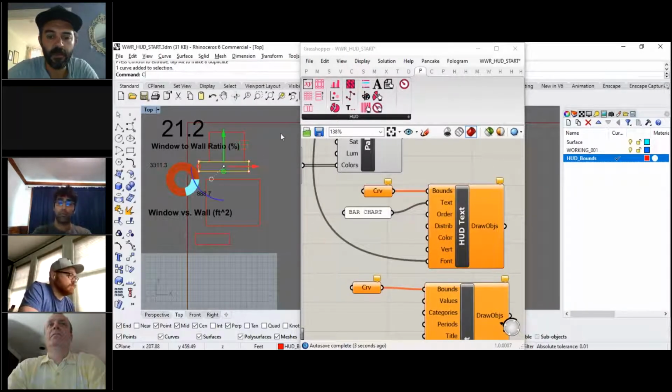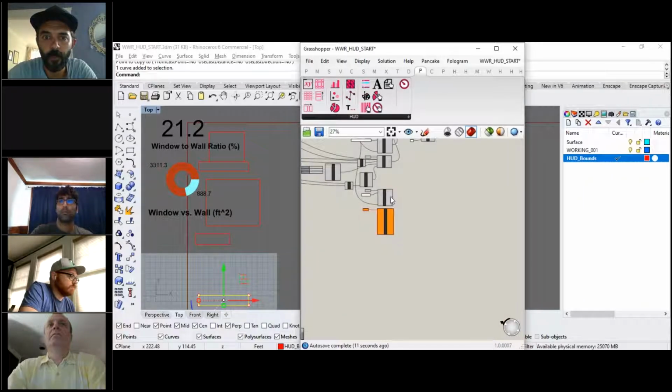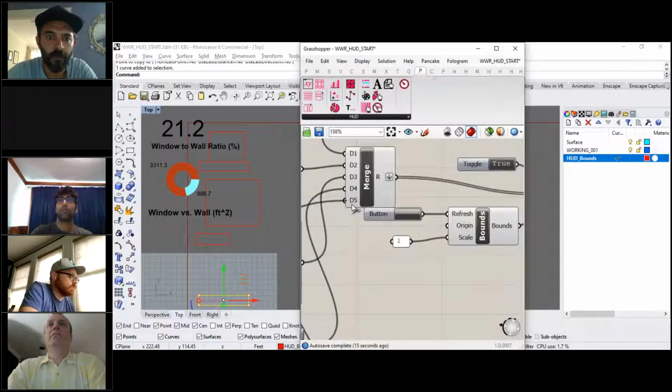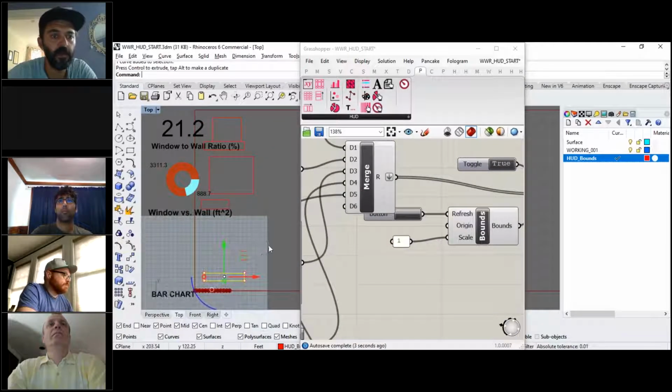And I'm going to just copy this rectangle down and set that. That's my title. Draw that object again, and now you have, hopefully, a bar chart title. And move it all the way down to the bottom of my window. And that'll be a good spot to copy this rectangle